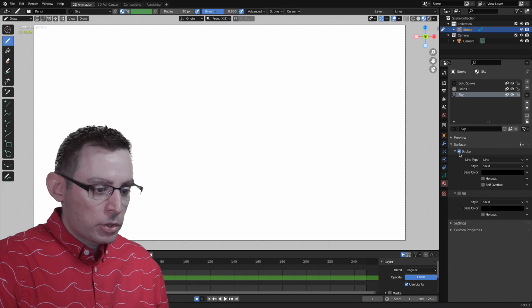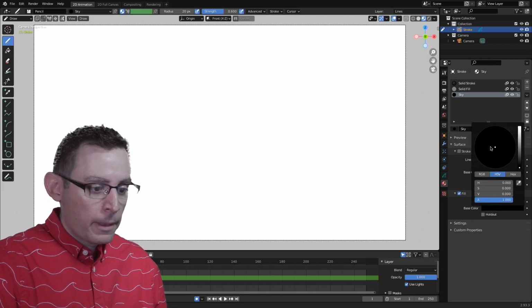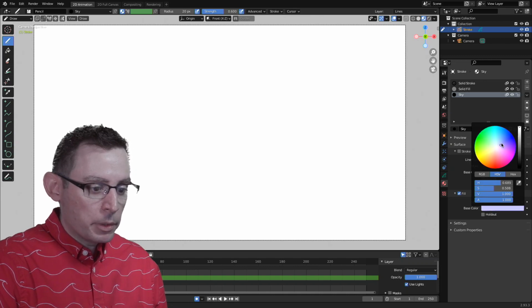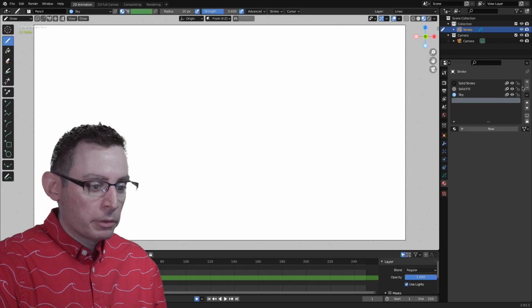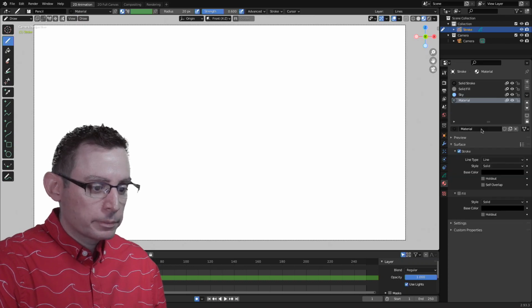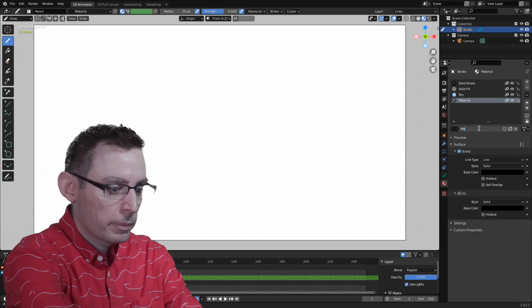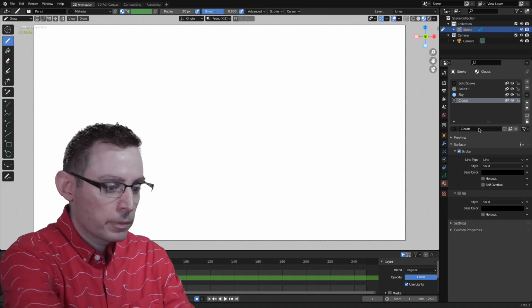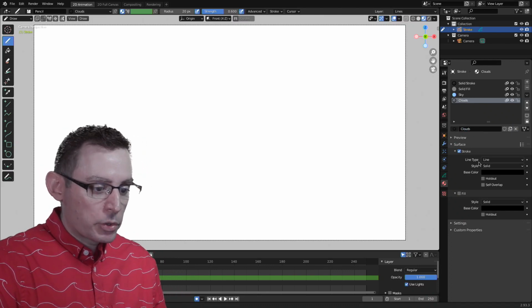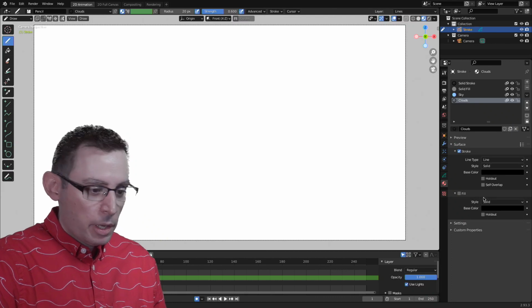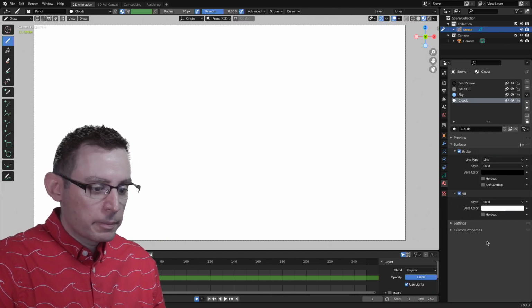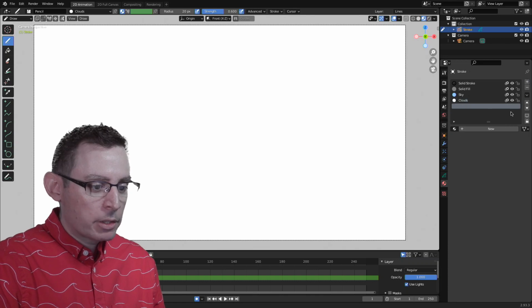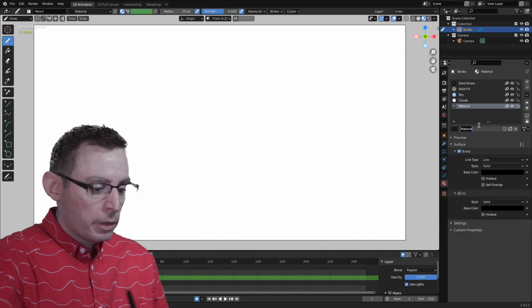And we're not going to use the stroke on this material, but we are naturally going to use a fill color. And I want to make it a nice blue. There we go. Wonderful. Let's add another material for the clouds. In the clouds, we are going to keep the stroke. We're going to change the color, and then the fill, as one might imagine, is going to be white. There it is.